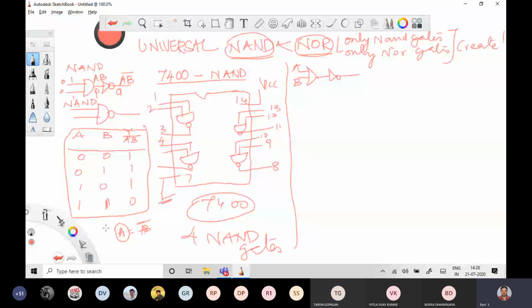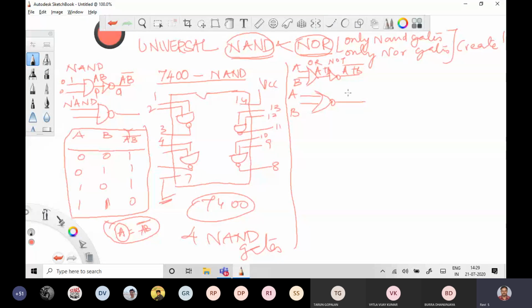So now I'm talking about the NOR. A OR B, with the output connected to NOT, will give you the NOR. The symbol for this NOR is OR with the output bubbled. So AB is the input, A or B is the output of OR. The complement A or B is NOT of A or B, which is the output of NOR. So you can say A or B complement, A plus B whole bar, is equal to the NOR.